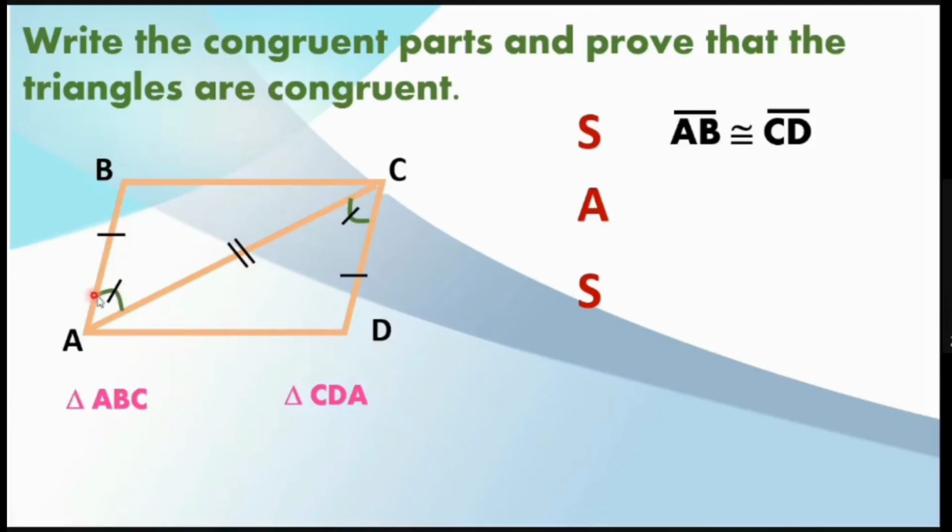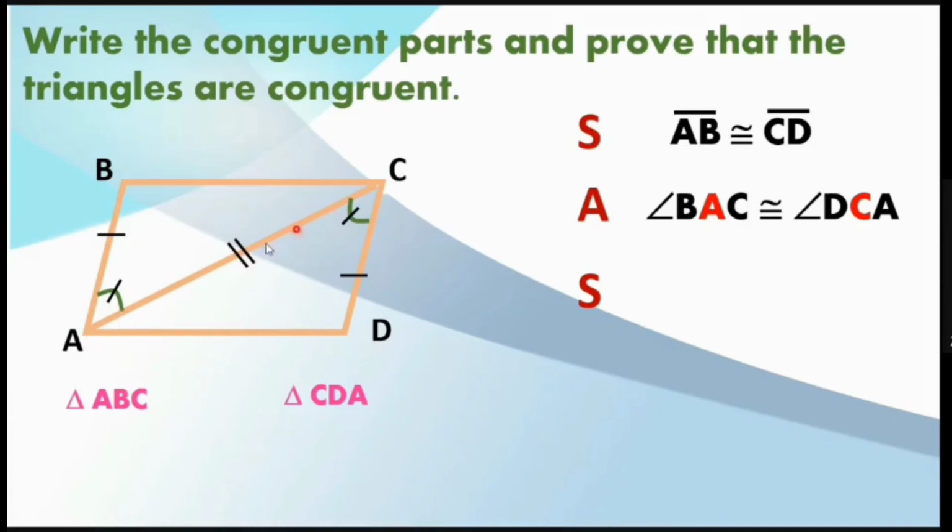And then next we have this angle here corresponds to this angle. What is the name of this angle? This angle is named angle BAC. And this angle here is named angle DCA. So we have angle BAC is congruent to angle DCA. Again, angle BAC and angle DCA. And finally, the third pair of corresponding parts are AC and itself, meaning AC corresponds to itself, AC is congruent to itself,